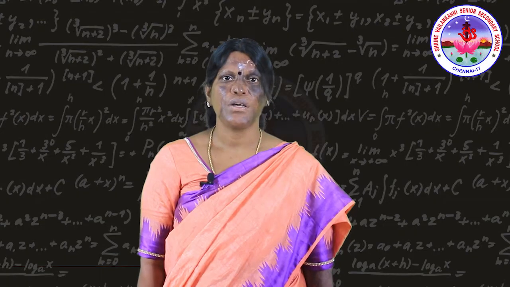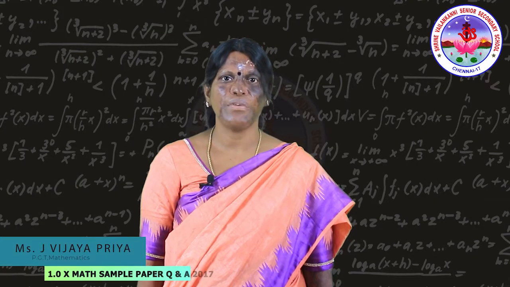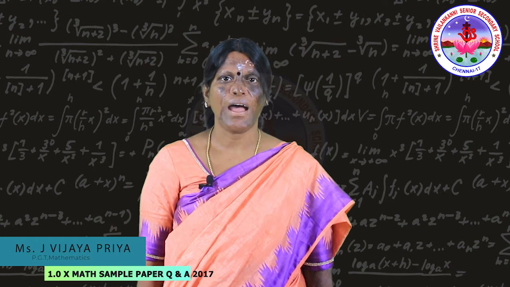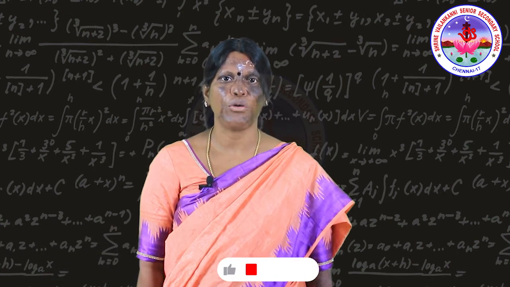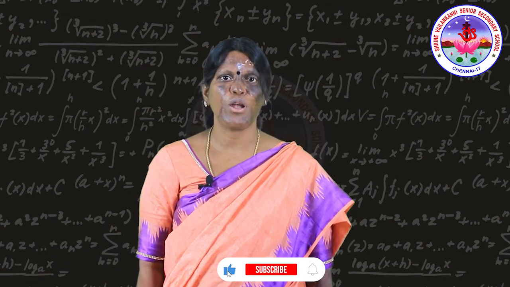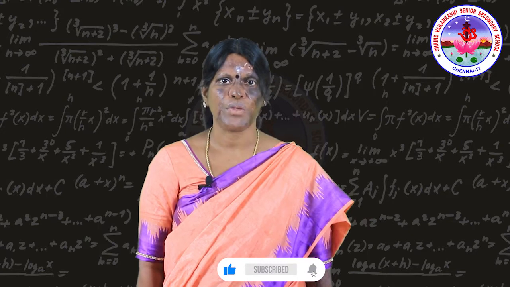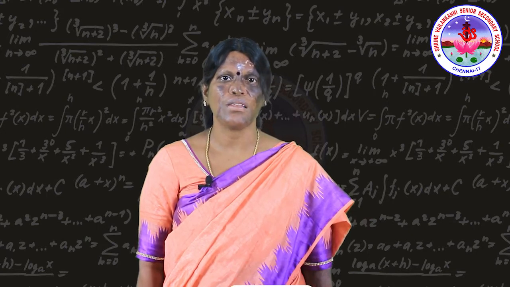Hello students, today we are going to discuss and work out the sample paper. So here we are going to discuss the section formula and area of the triangle for collinearity condition, which belongs to coordinate geometry. Also, we are going to see the nature of the roots in the quadratic equation and its condition. So using this condition, we are going to find out the unknown value.